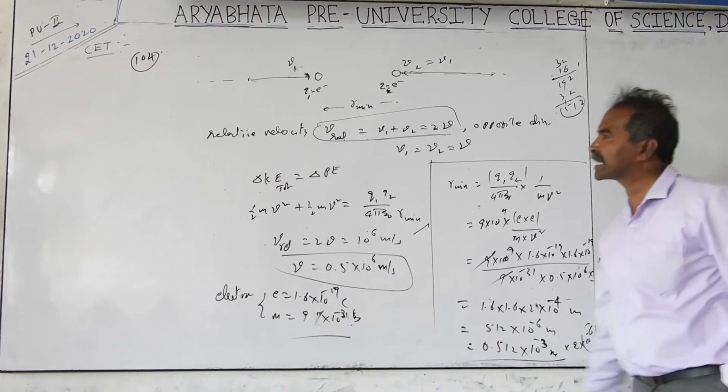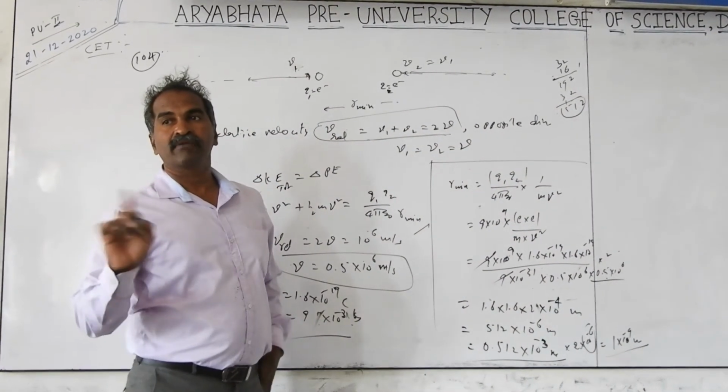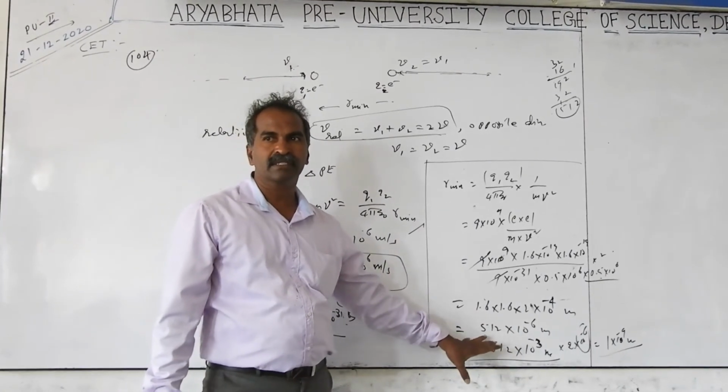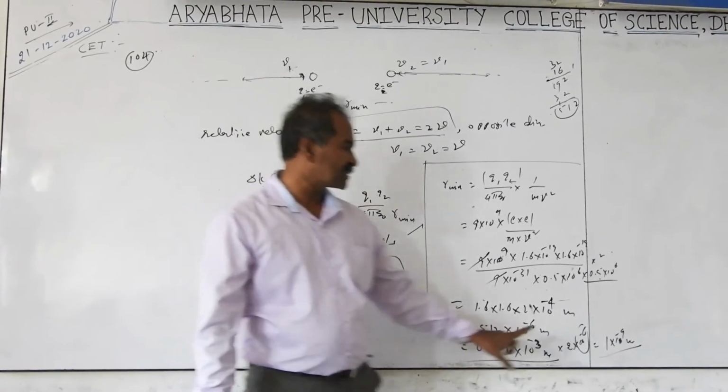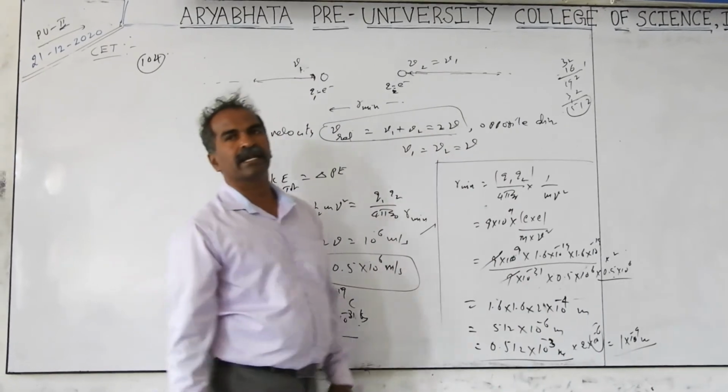I will check the value once again, but I think if it is not relative velocity, you will get this answer actually. That is only velocity. Each particle velocity is given means you will get this. But relative velocity is given means you will get this as nanometers, 10 to the power of minus 9 meters, you check. But I will verify once again later and give the answers.